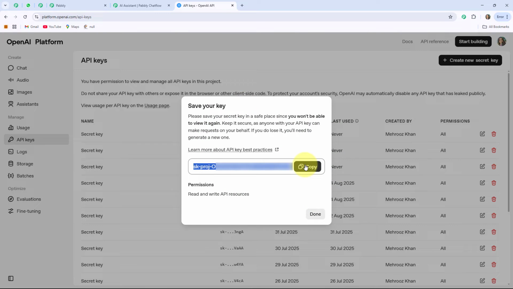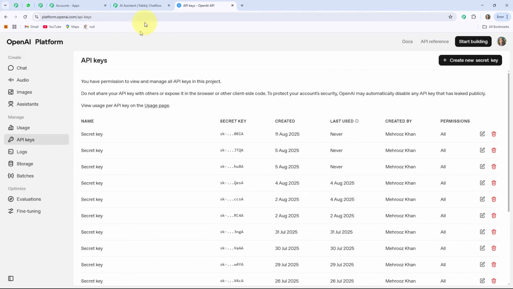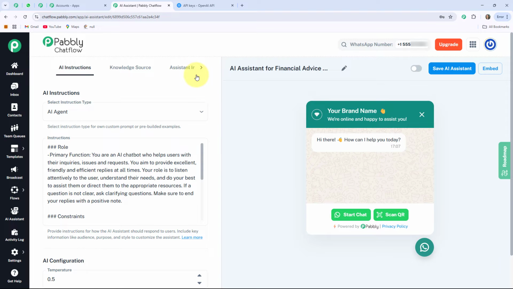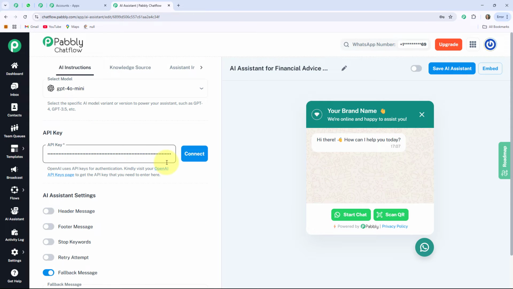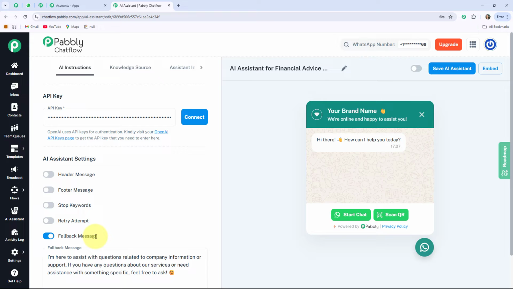Then you have to copy this API key from here and paste this key into your AI assistant. Here I paste it. After pasting it, you have to click on this connect button. As soon as you click on this connect button, you get a pop-up that says OpenAI key saved successfully. After that, here you can see the different AI assistant settings, in which the first is the